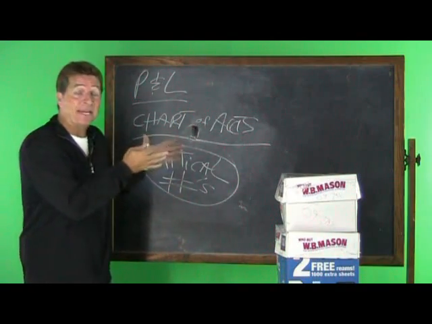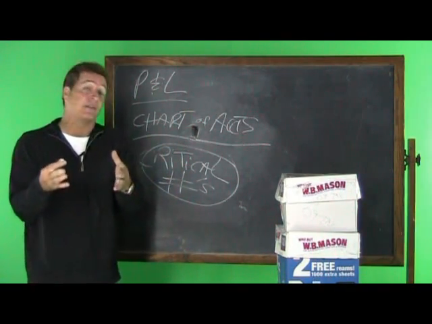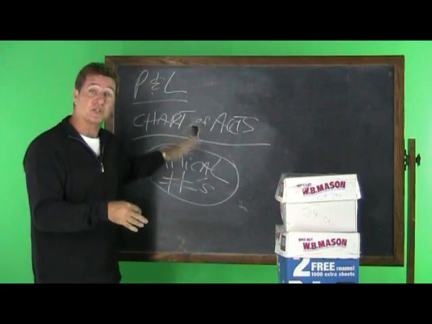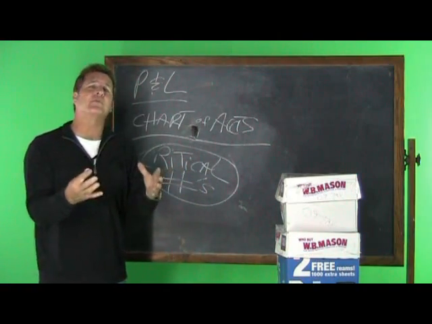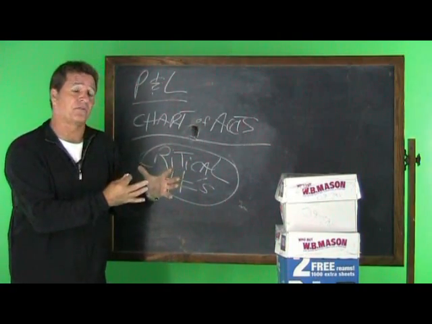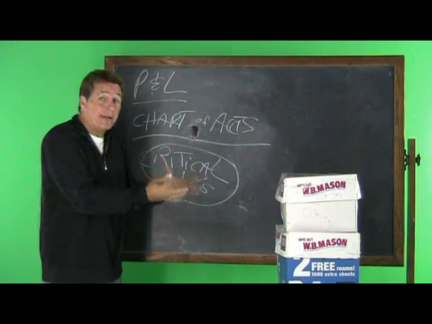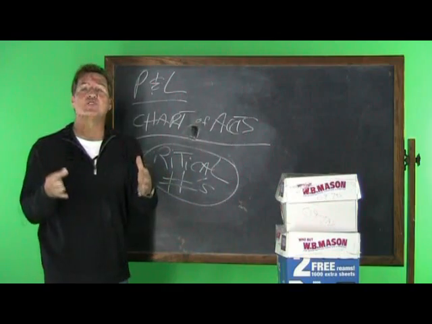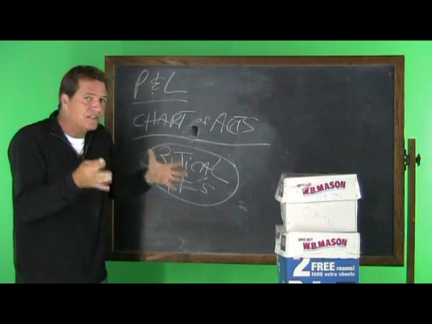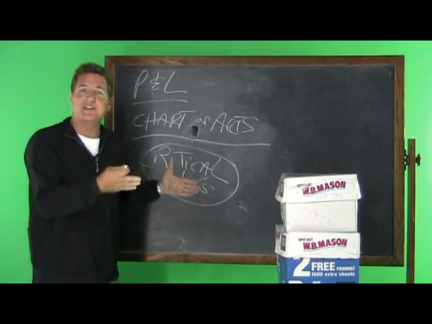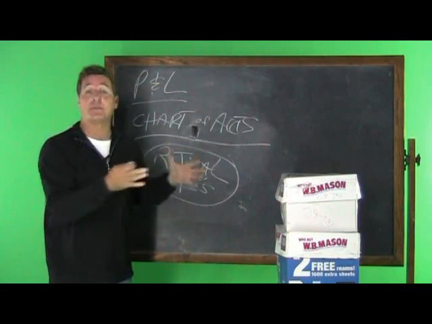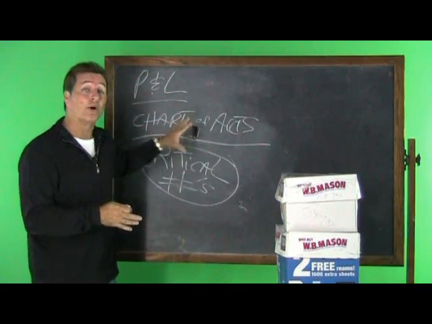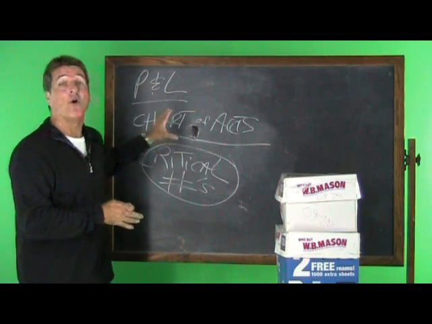If I look at a P&L the second or third week into the month and I find out my labor was spiking last week, well, those numbers are so fresh and the time period is so fresh that I can go back into my operation and find out why that labor was spiking so high. And most important, I've got a week or two left in this period to fix it, so at the end of the month, I can still have a healthy, profitable month. That's the whole purpose for generating these P&Ls on a regular basis.